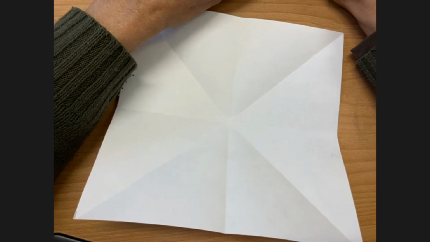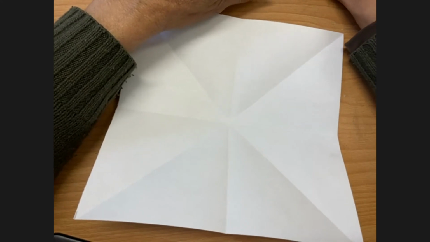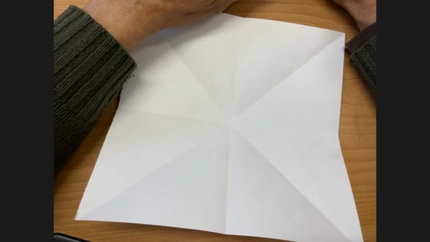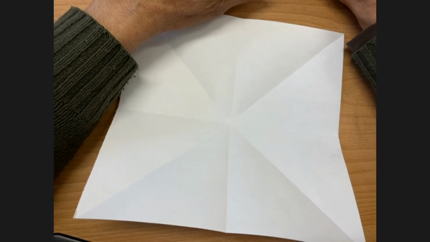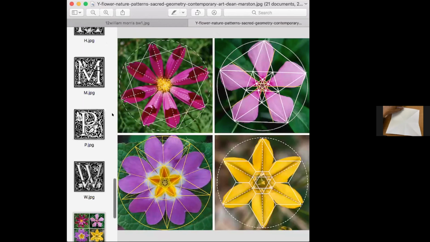Just going to share my screen for a minute. So you'll see lots of, can everybody see that? Yeah. You'll see a lot in nature, there's a lot of geometry, quite perfect geometry.